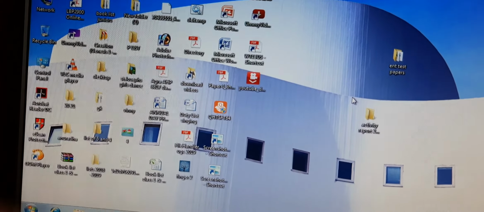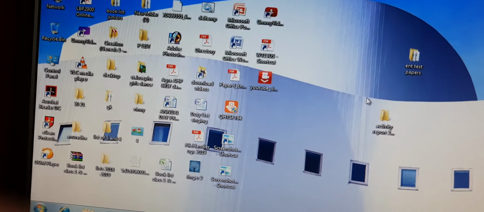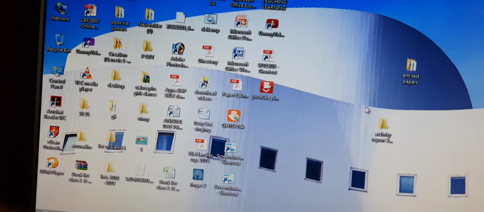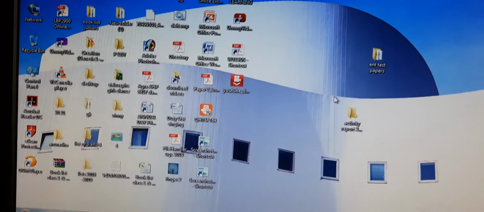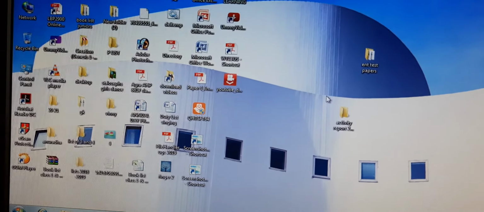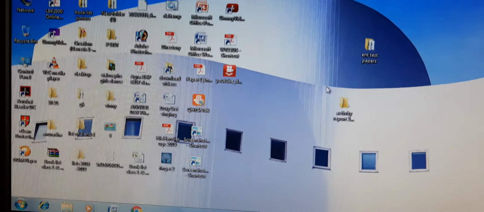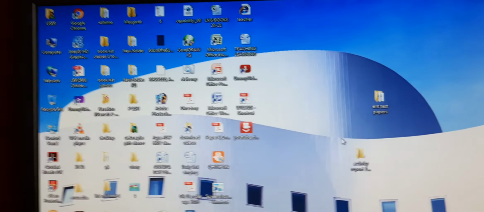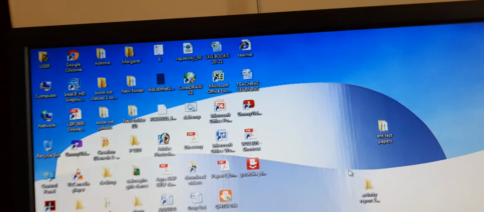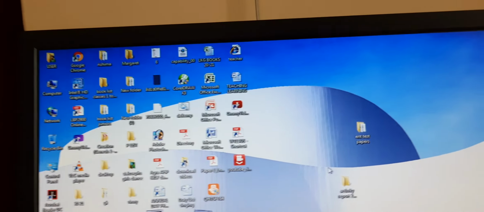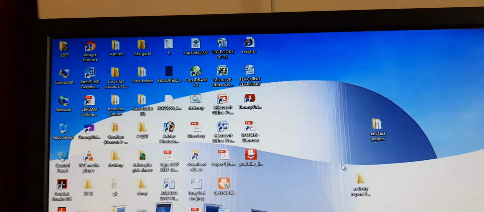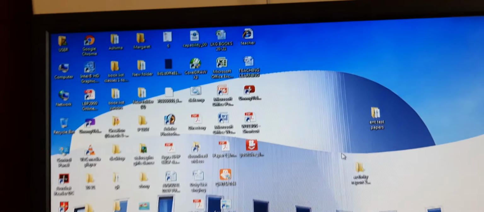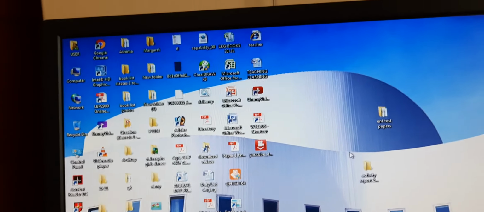The screensaver starts when the system remains idle for the number of minutes specified in the wait box. So whichever option we have chosen, it will appear only when the computer remains idle for the number of minutes that we have specified. It is useful when you are doing some work and suddenly you have to go for some reason, and you don't want anybody else to know what you are doing. So you set the screensaver, and if you take 5 minutes, 10 minutes, till then it will remain idle.